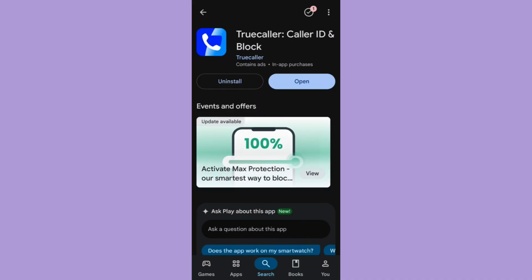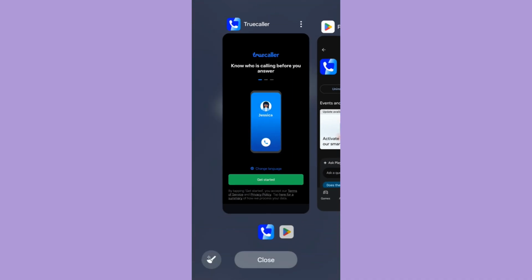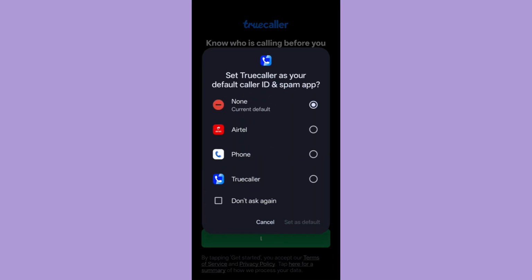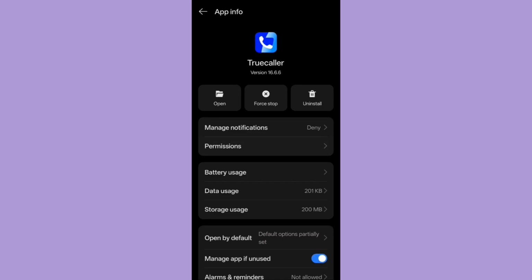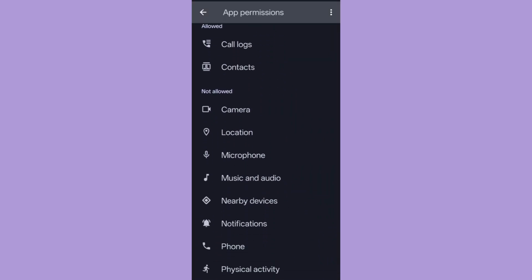work properly. Now, if the issue still persists, you can go inside the settings of your device. Now, here in the settings, you just have to simply look for the option of permissions. In the permissions, make sure that you have allowed most of the permissions to Truecaller, otherwise, it won't work